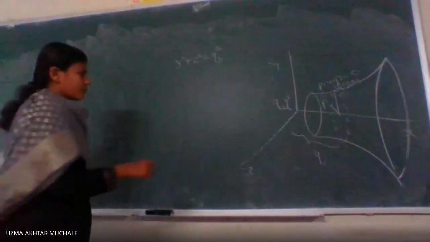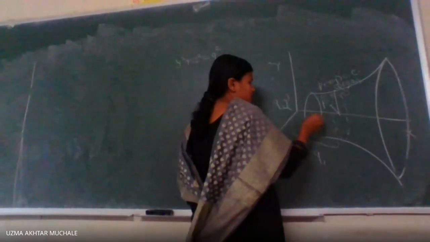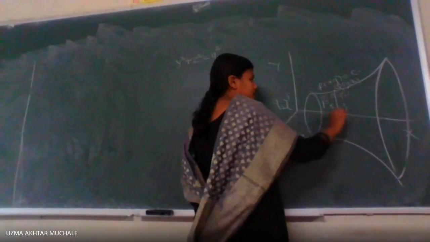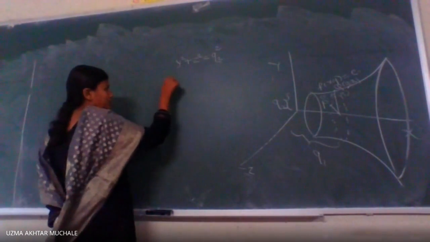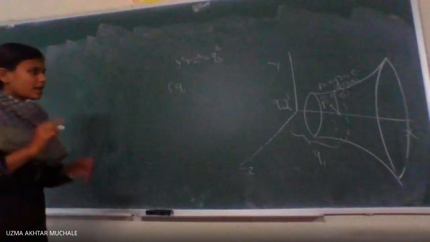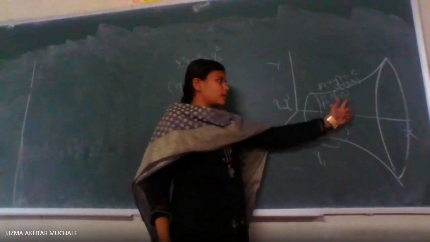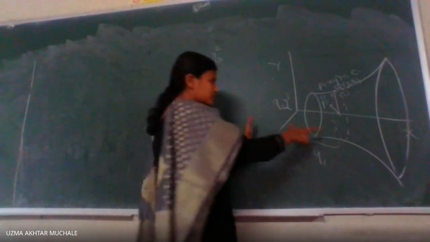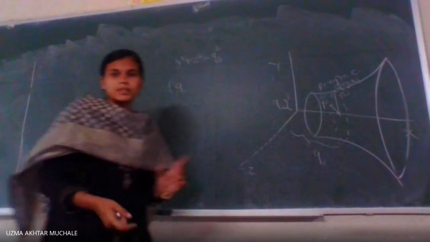Now let us find the coordinates of point P. What are the coordinates of point P? Q1 will be as it is, no? Because Q1 is not changing. The distance from the origin in the direction of the x-axis will be the same, because if this point is revolving, this distance will be the same. So I can write Q1 as it is. There will be change in only the second and third coordinates, that is P2 and P3. P1 is exactly equal to Q1. So this distance will be the same, no?